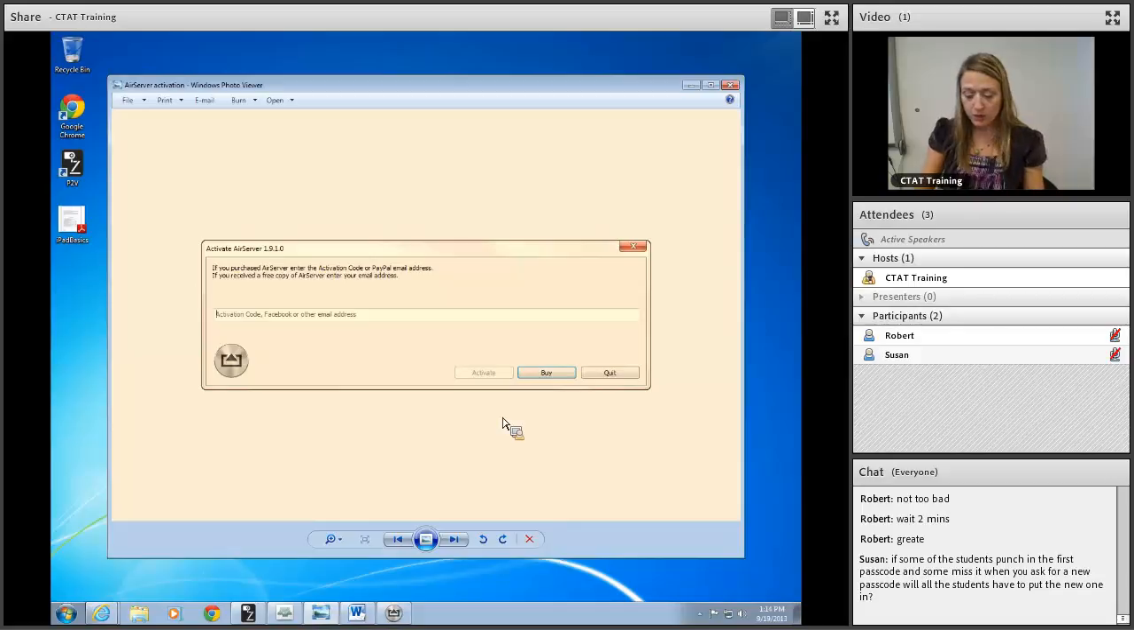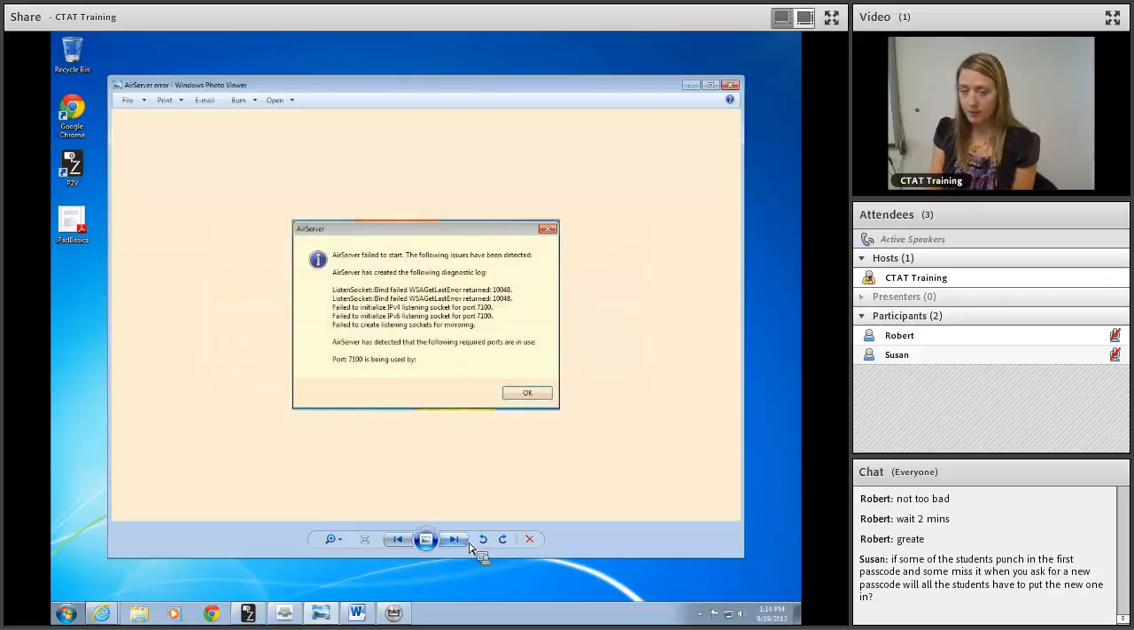It may have been put on a single user, but it needs to be installed so that all users can access it. So if you see this message, activate AirServer, you cannot currently connect your iPad in the classroom. In that case, you just need to contact the help desk, and they will send a computer tech over to get that installed for you. So the next one is this message, AirServer failed to start,